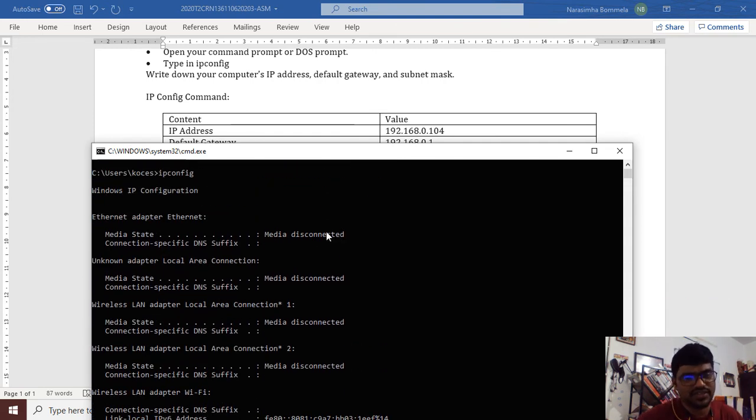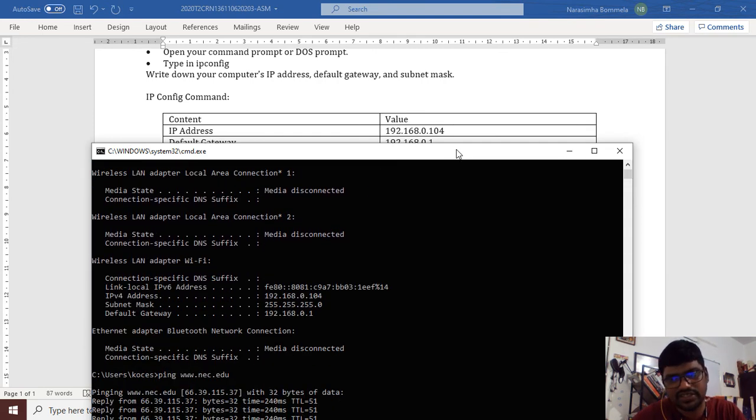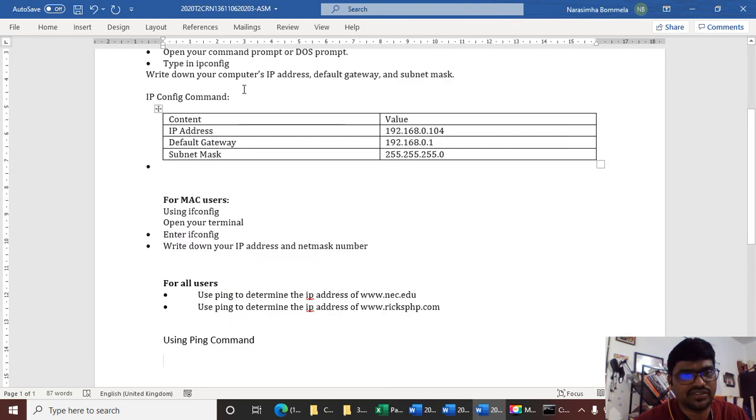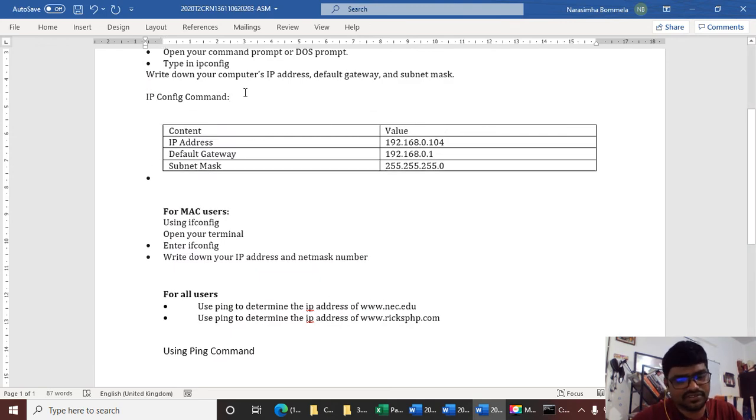After completing the first activity, ipconfig, just take a screenshot of it, print screen. Then paste it under this one.